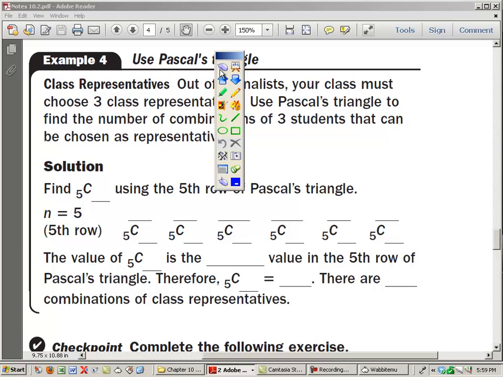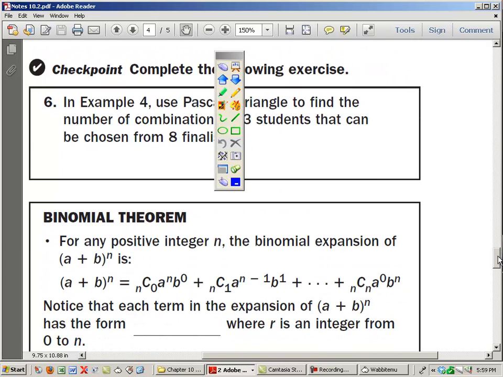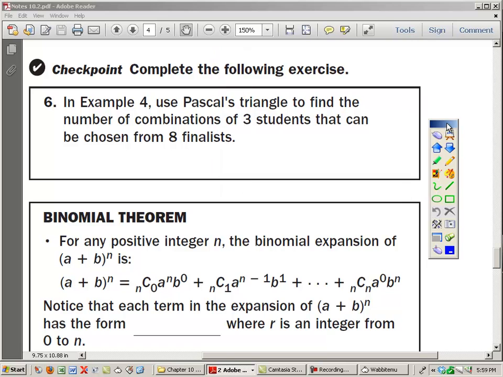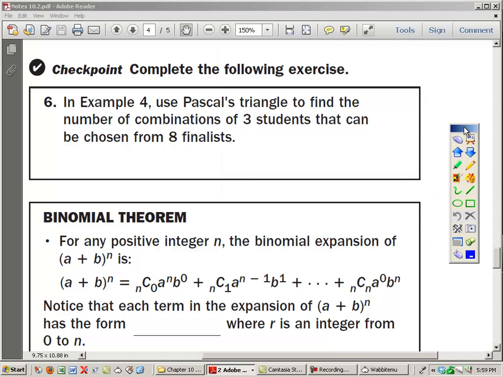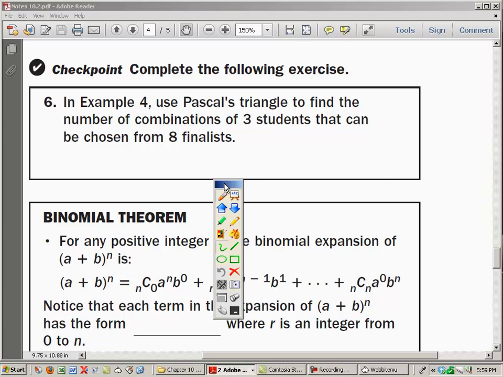All right. Okay, so let's take a look at the checkpoint here. It says use Pascal's triangle to find the number of combinations of 3 students that can be chosen from 8 finalists. Okay, go ahead and make Pascal's triangle. You can extend the one up above if you need to get down to row number 8. So let's go ahead and do that, and then we'll take a look at 8 choose 3. Okay, this is 1, 1, 1, 1, 2, 1, 1, 3, 3, 1, 1, 4, 6, 4, and 1, 1, 5, 10, 10, 5, and 1,